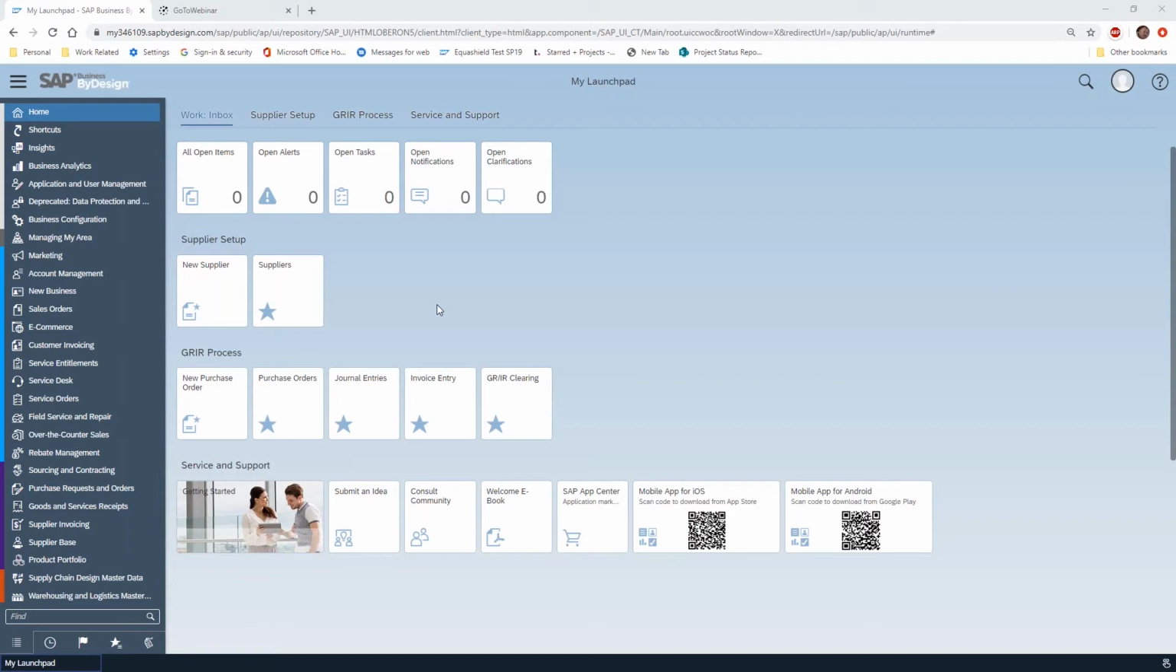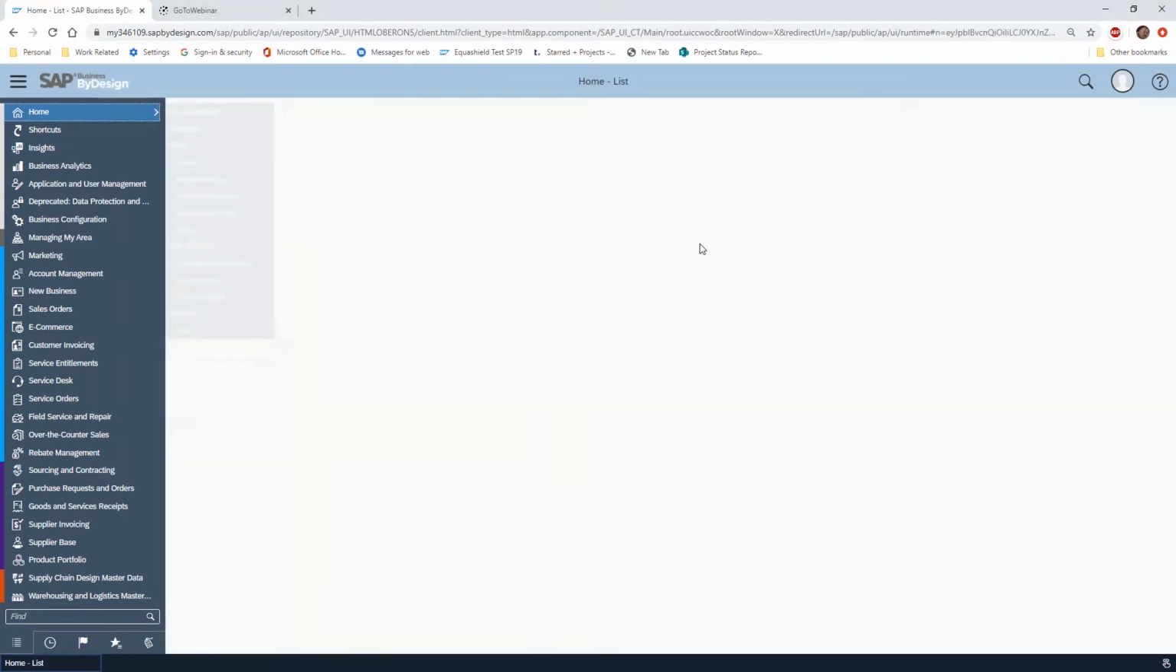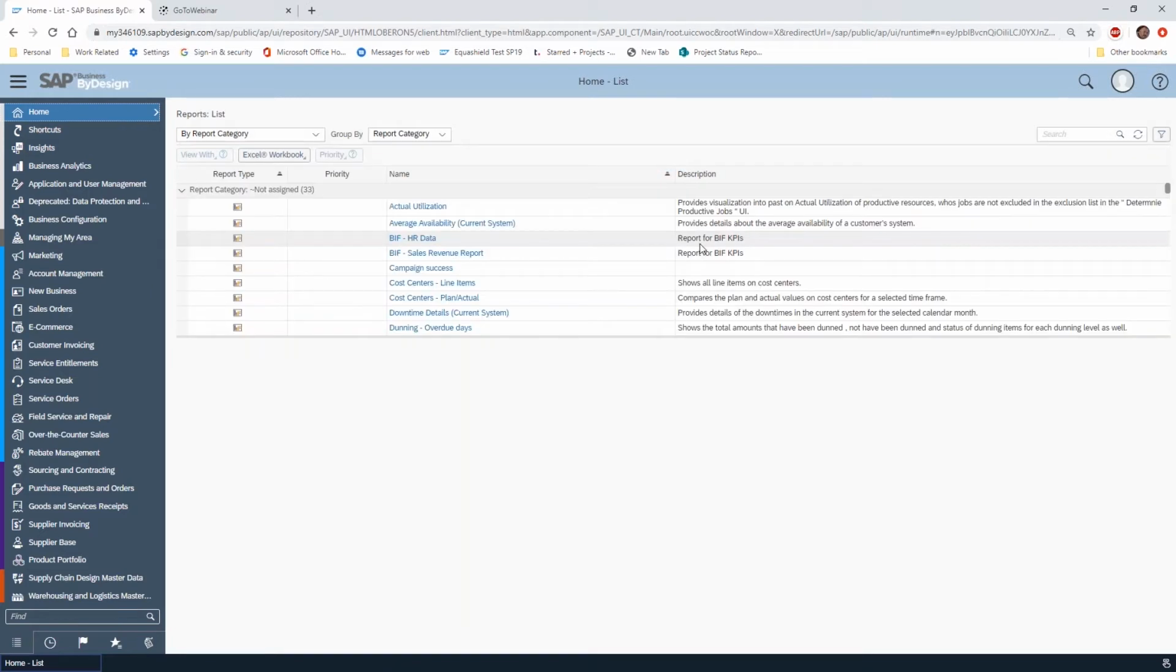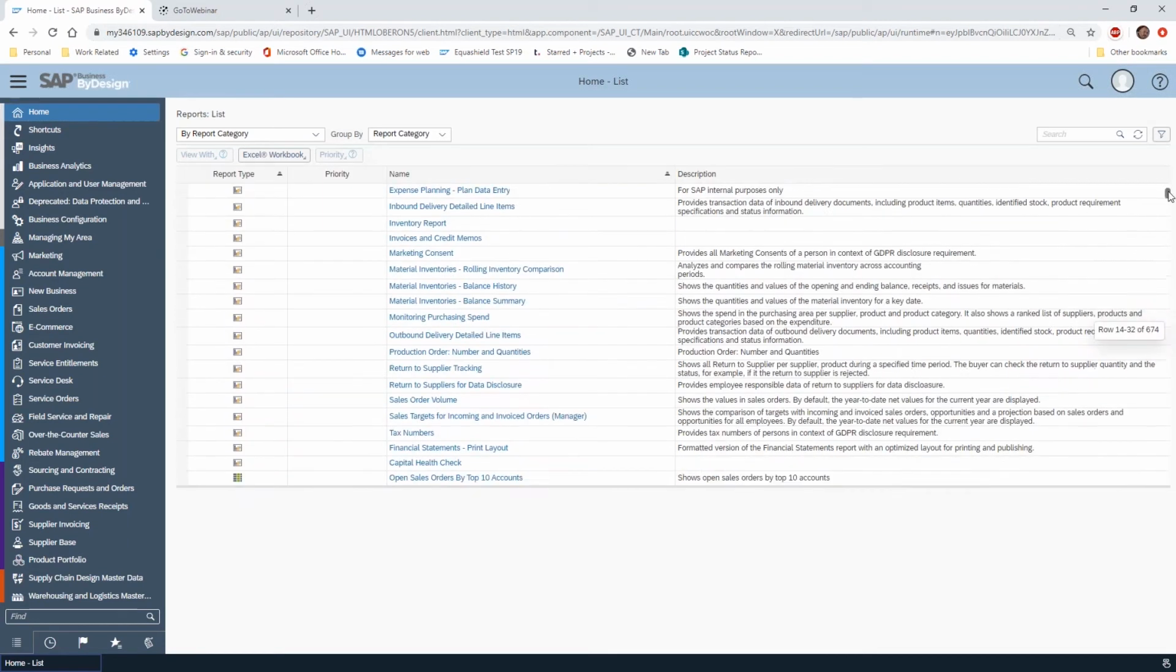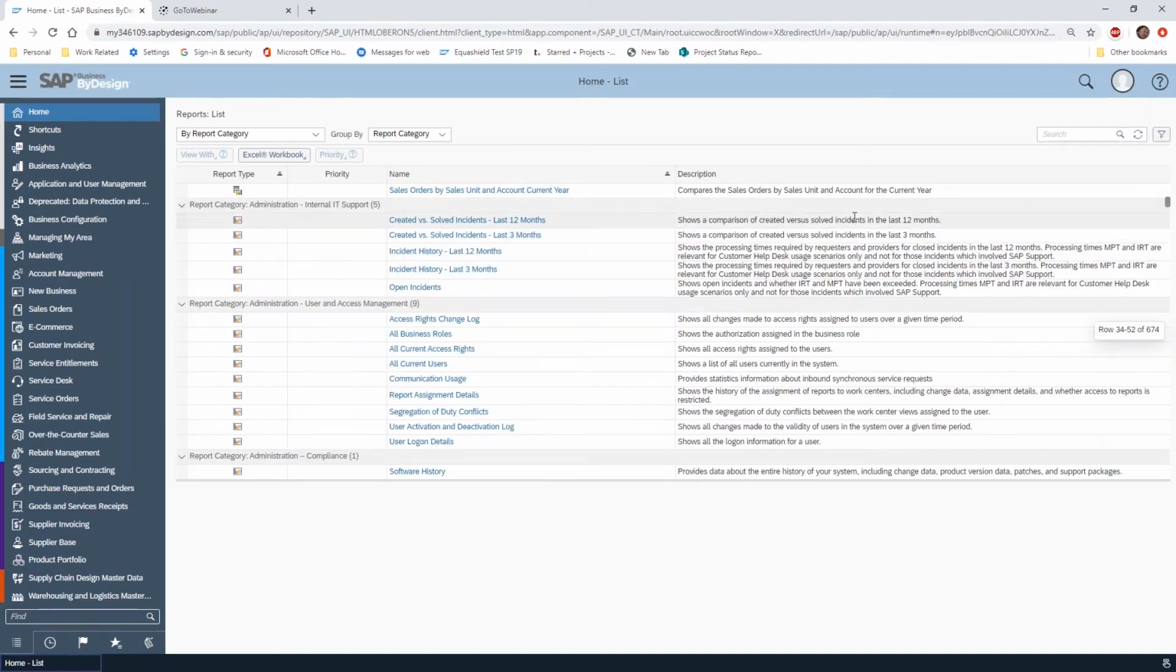3 different places, depending on the permissions you have in the system. If you go into your home work center and you click on the report list, depending on how your permissions have been set up in the system, and as I'm logged in as a high-level administrator, I have access to all the reports. So if I start scrolling down on the right, I can see there's 674 reports available